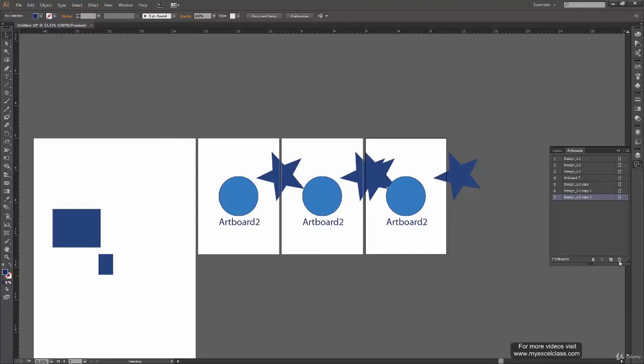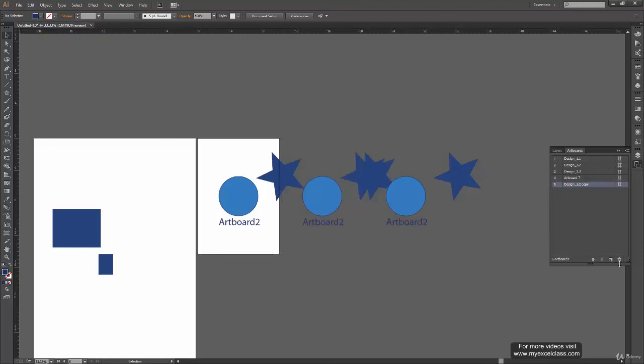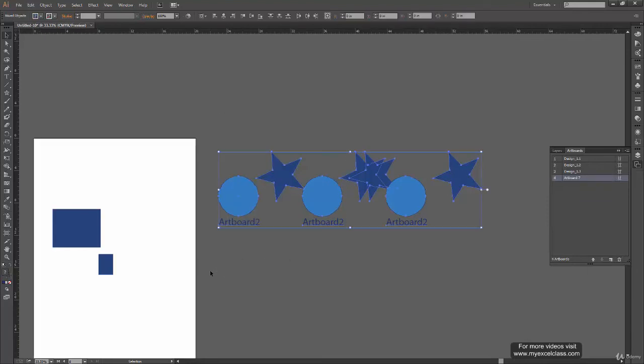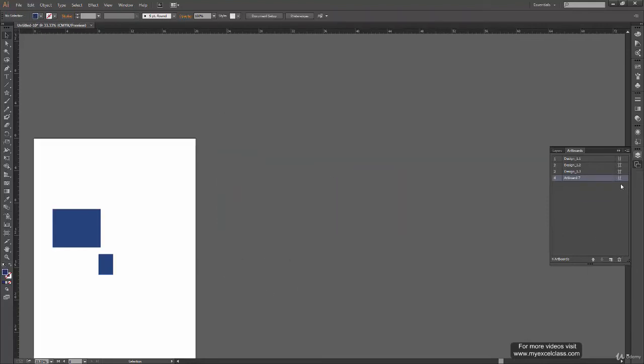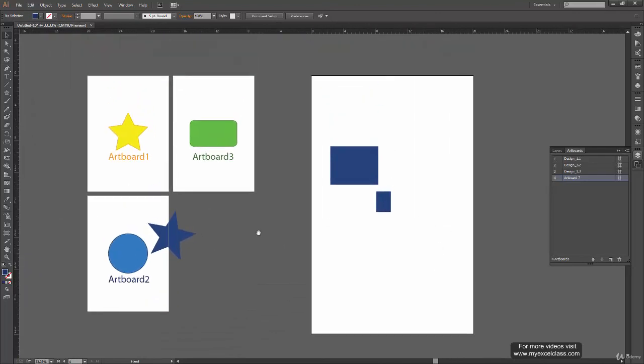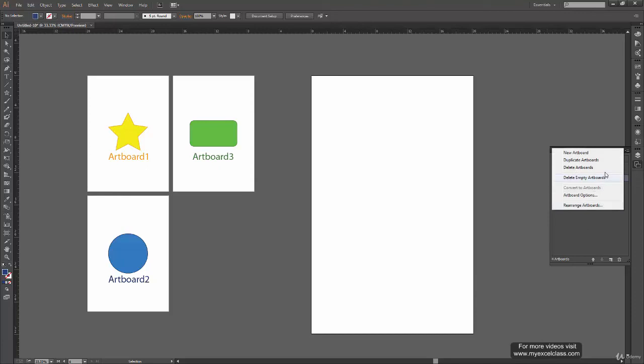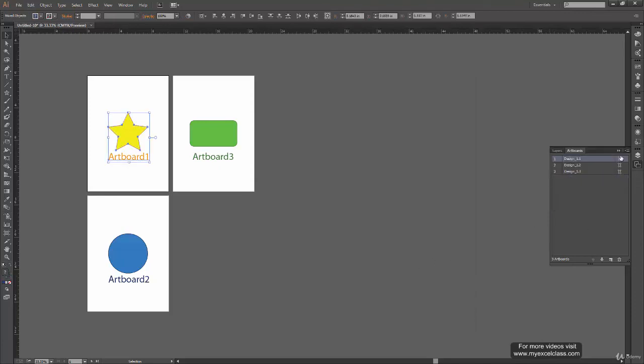Alright, so enough with the experiment. Let's just delete these three artboards. Let's delete all the shapes, and where were we? Yeah, we were seeing how to create our own custom artboards. So let us delete all the shapes, and let's say delete empty artboards over here.